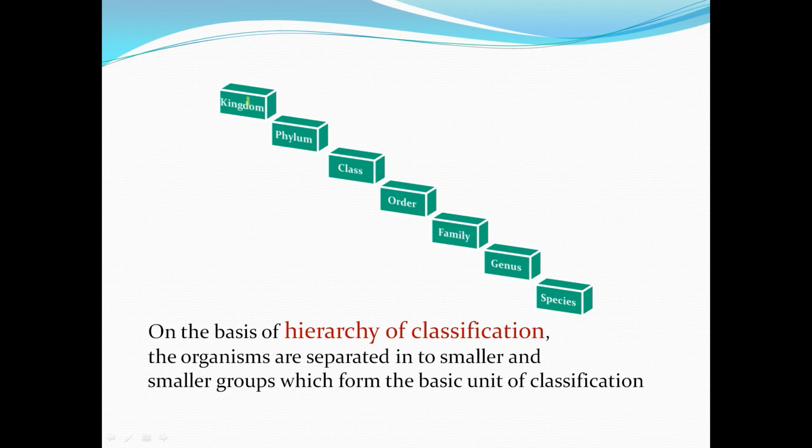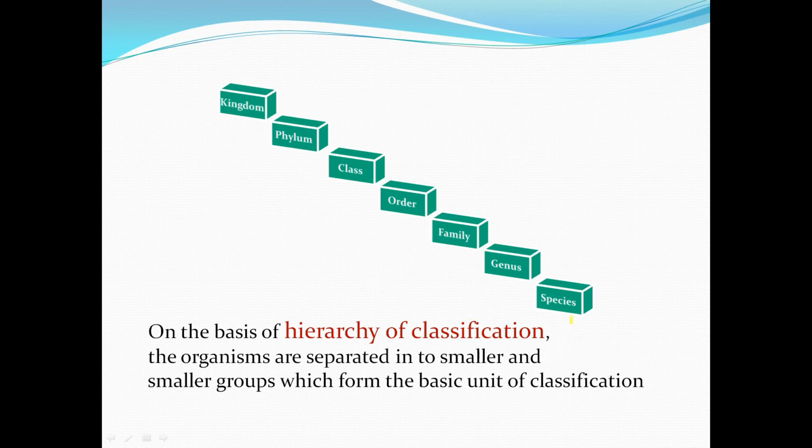Animals belong to the heterotrophic category. They depend on other organisms for their food. All these animals are classified into many phyla, each phylum is classified into many classes, each class into many orders, each order into many families, each family constitutes many genera, and each genus constitutes many species. So this is how the hierarchy goes.